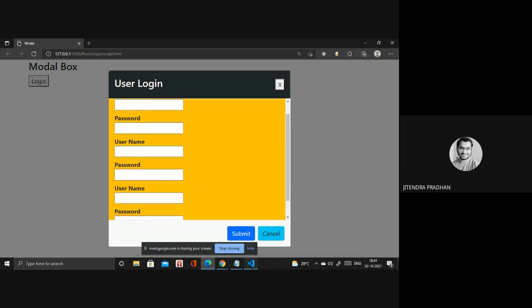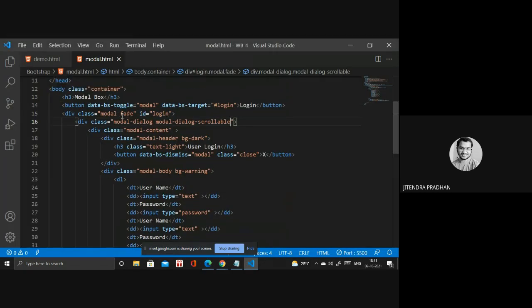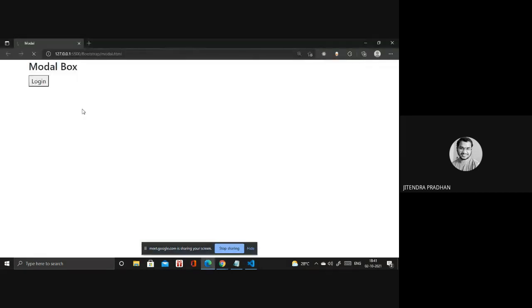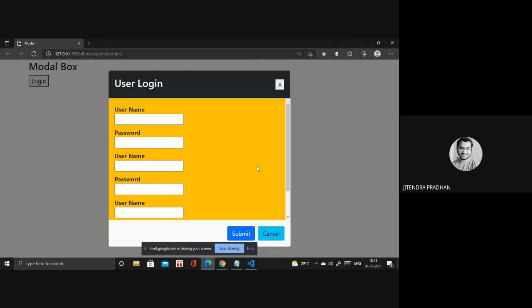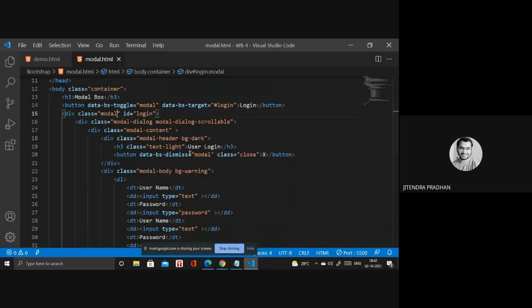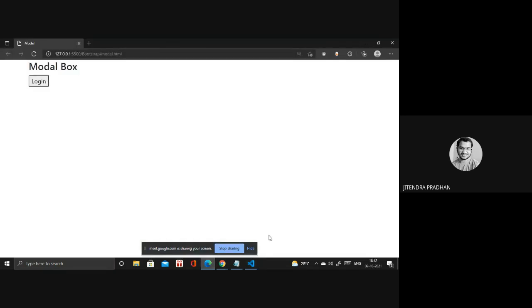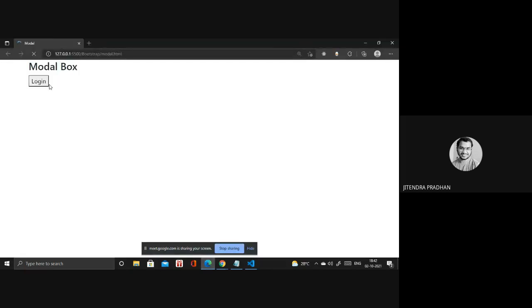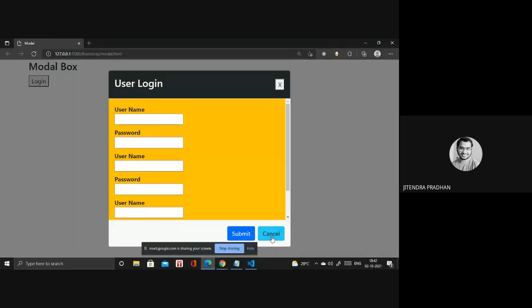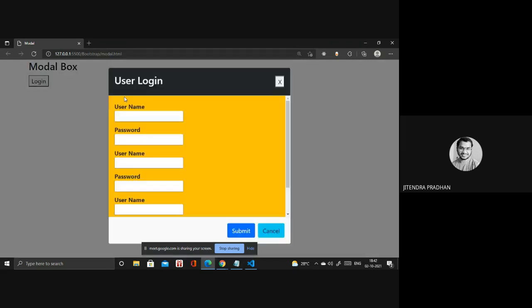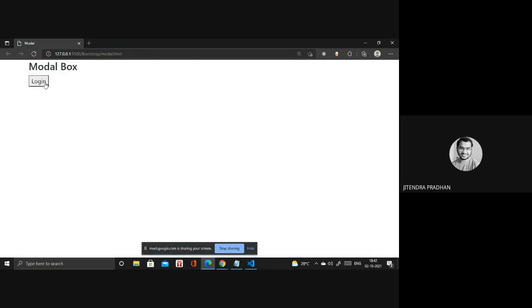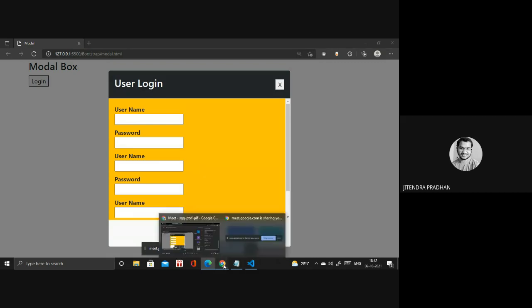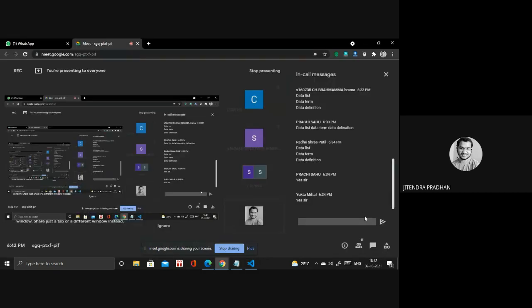Okay, and one thing we are using is fade inside that. What is fade? If I remove the fade, what happens? And if I add the fade, what happens? Let's see. If I remove the fade, it will come automatically. But if I cancel that one, have you observed that one? If I cancel, it will cancel automatically. If I write fade, it will be slowly close and slowly open, in the closing time or opening time. Have you observed that one? Okay, so in that way you have to design the modal. If you have doubts in the modal, you can ask me. Next we have to go, it's something like carousel.